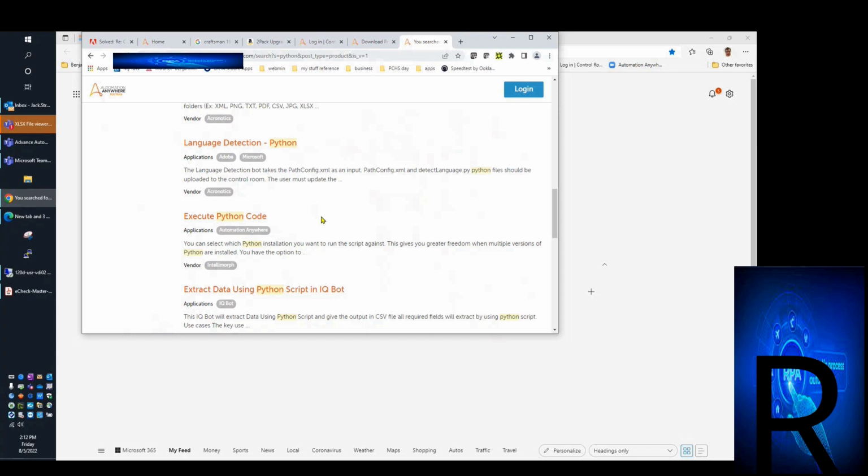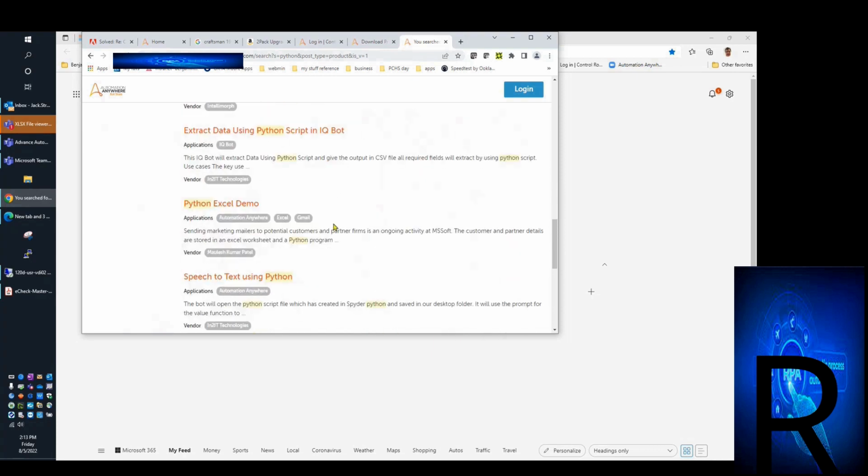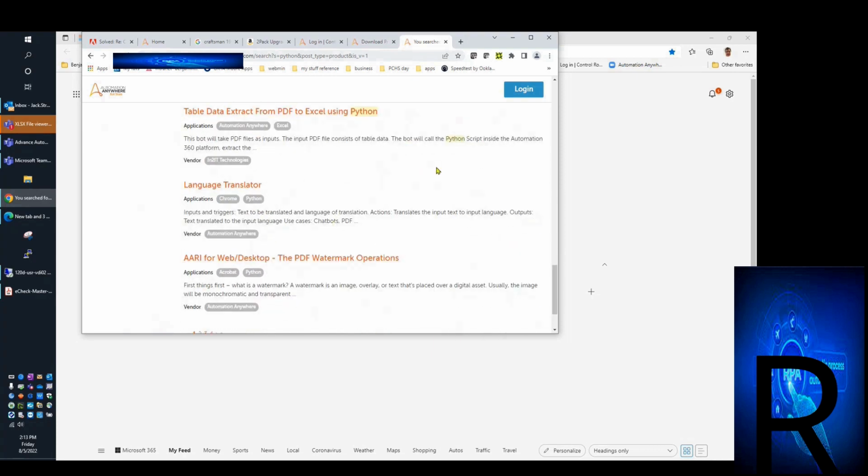So we did that. We wrote a program to call Python, and then we used a system call to execute a system command on the Windows device, the bot runner device. And so anyway,